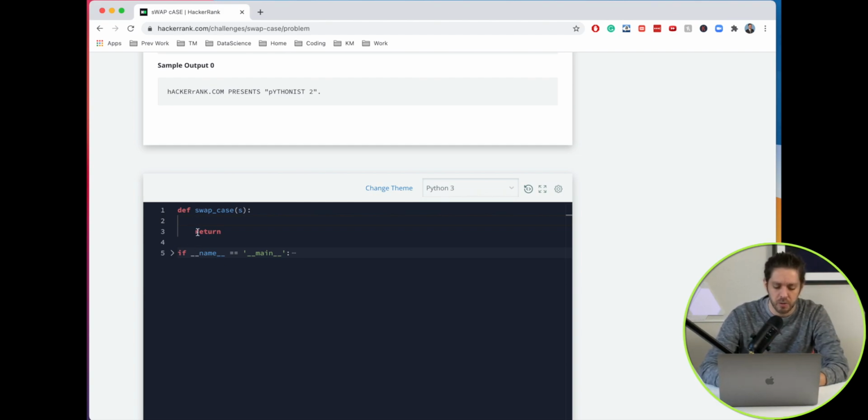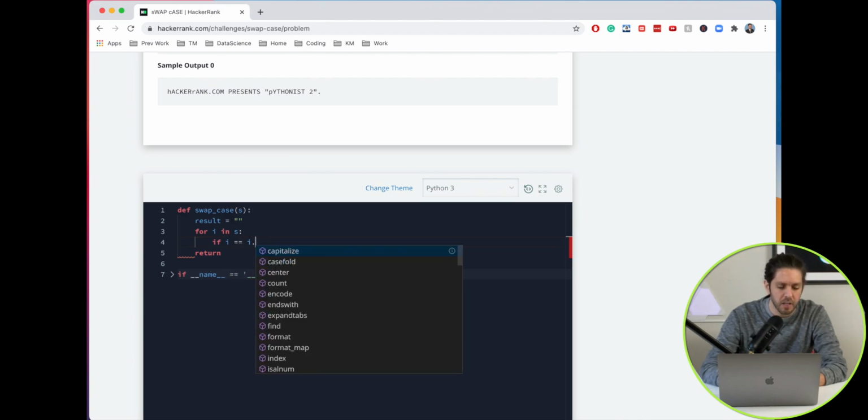So first thing what we'll do is we need to store this in a variable and we'll just create an empty string called result. And then let's do our for loop. So for i in s, which is our string they've given us, and we'll start our if statement. So if i, and we'll do a comparison of equal dot, or the iteration of i that we're looping through. So if it's upper,